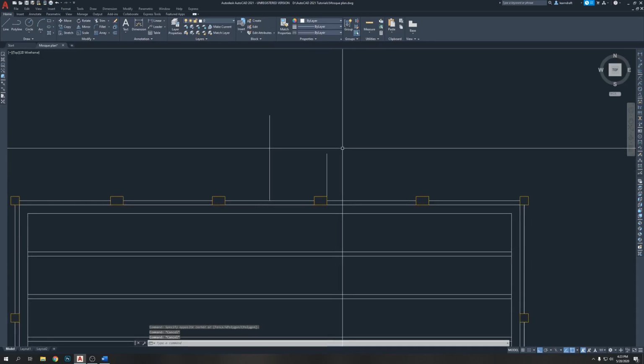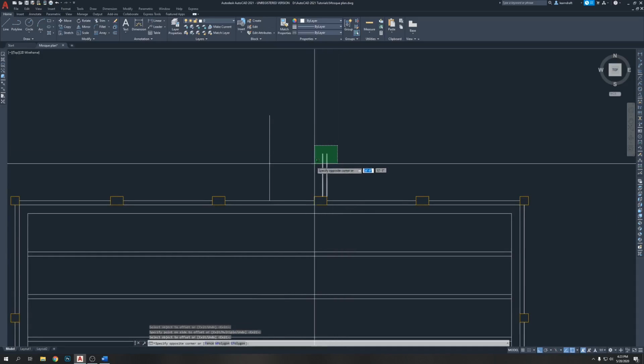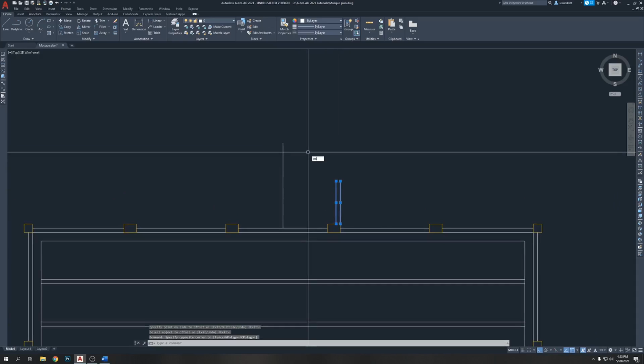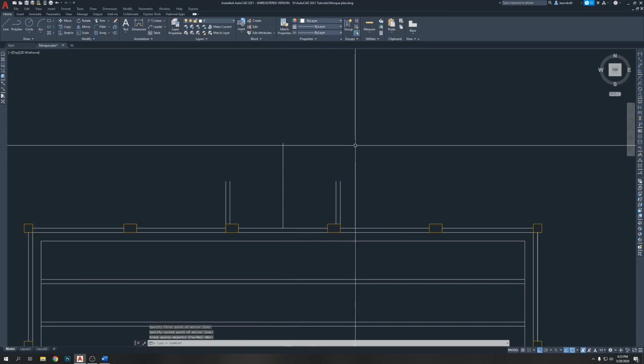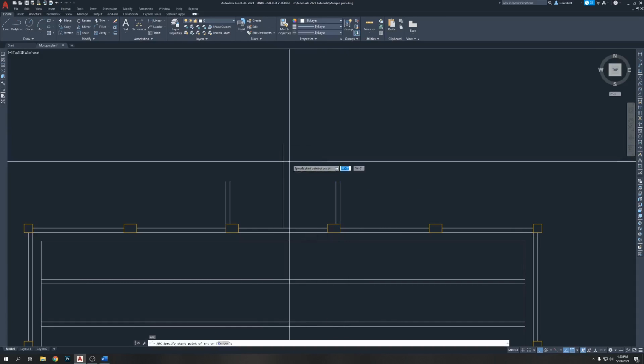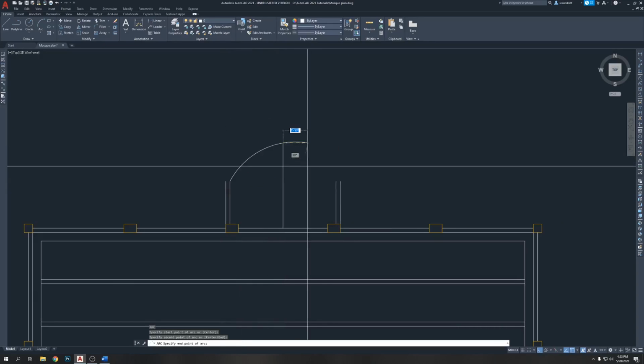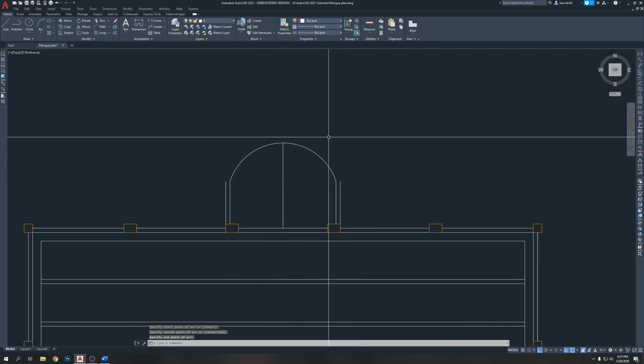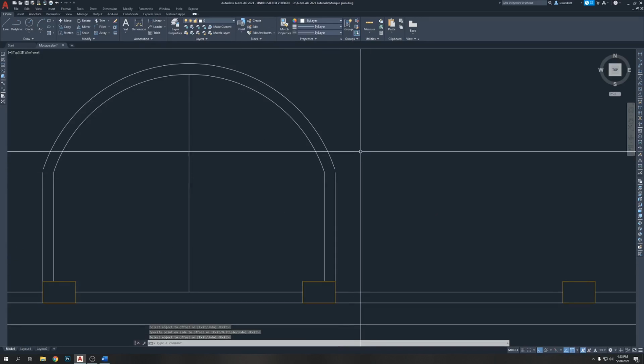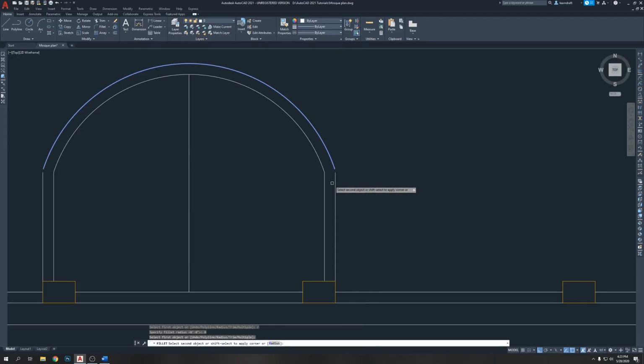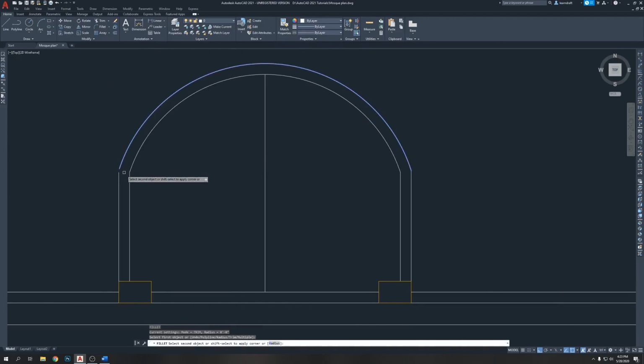No, before mirror we can make it like offset 6 inches. Then select both of them, mirror to the other side. A, enter, click, click, and click. I'm drawing an arc, offset 6, which is going to go there. Then fillet radius 0, enter, click, click, enter, click, click,